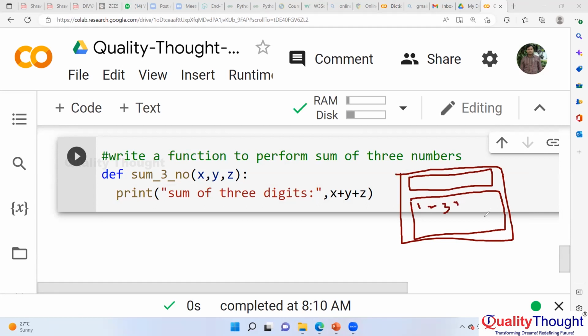There is also the equal operator. Whenever you enter three numbers, 1 plus 3 plus 4, and you click on the equal button,